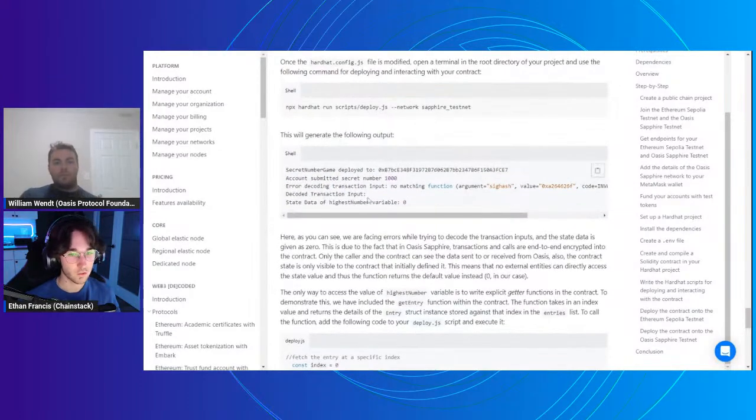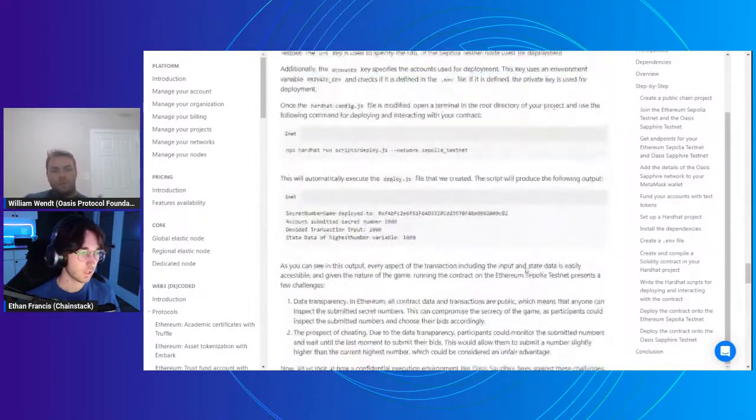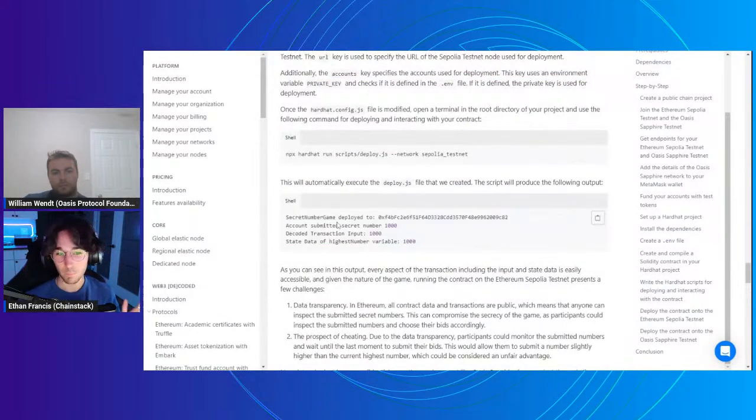You can see here is the Oasis response, and then here is the Sepolia response. Big difference in terms of what's actually available to what's available publicly on the blockchain. And this article does a very good job of essentially providing a rundown of the fact that typical blockchains that don't enable this privacy stack, this privacy layer that Sapphire does,